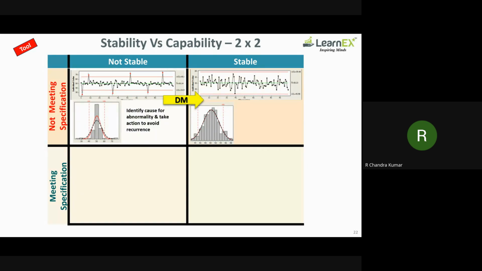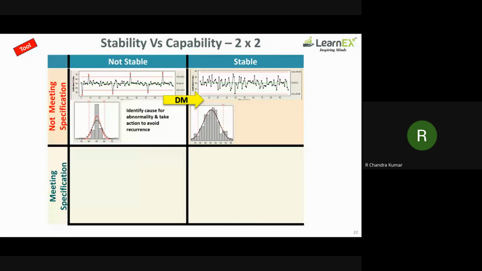Suppose from my home to the bus stand, it takes some days 30 minutes, some days 1 hour. The natural variation itself is high. Then even though, say my target to reach the bus stand is 1 hour 10 minutes, I'm within the target every time. If I'm within the target, then I'm capable. Suppose my target is say 40 minutes, but my variation is more, consistently high. Then I will say it is